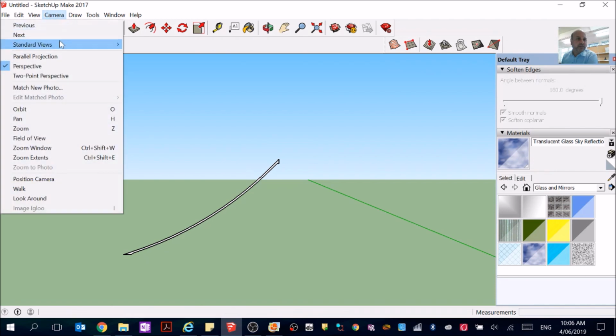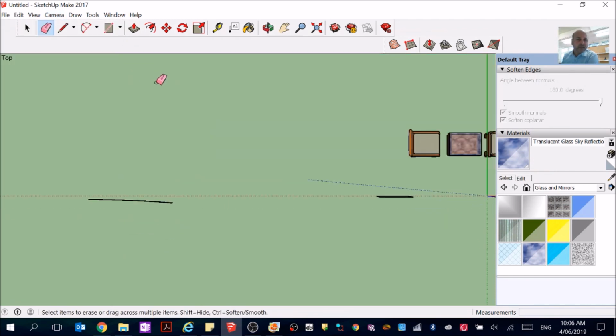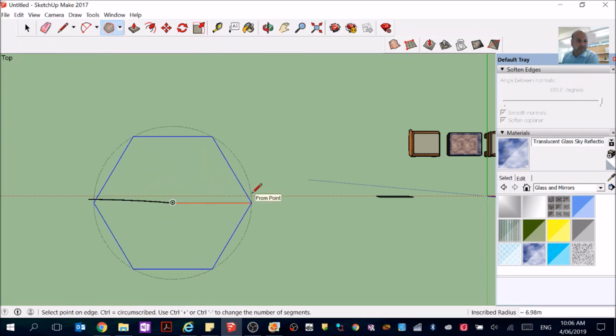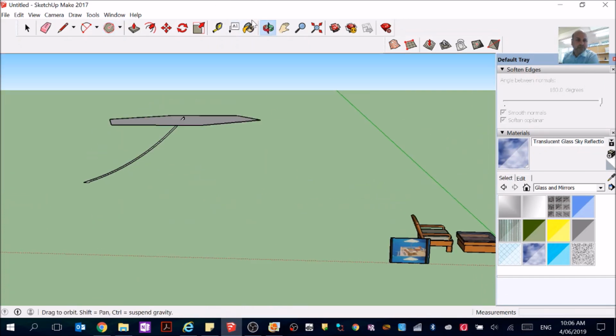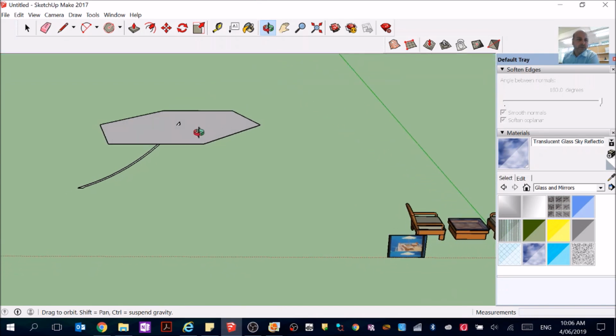Now camera view from top. I wanted it to be on 4 sides. So what I'll do here is let's look at, or perhaps a polygon shaped. Yeah, why not? It can be a polygon umbrella. So let's go Control Z,